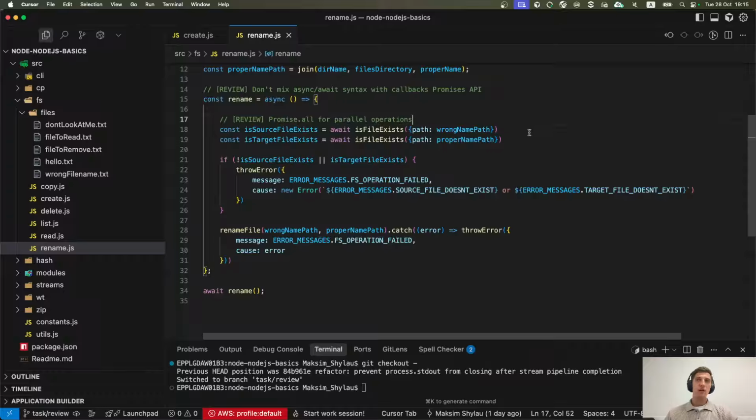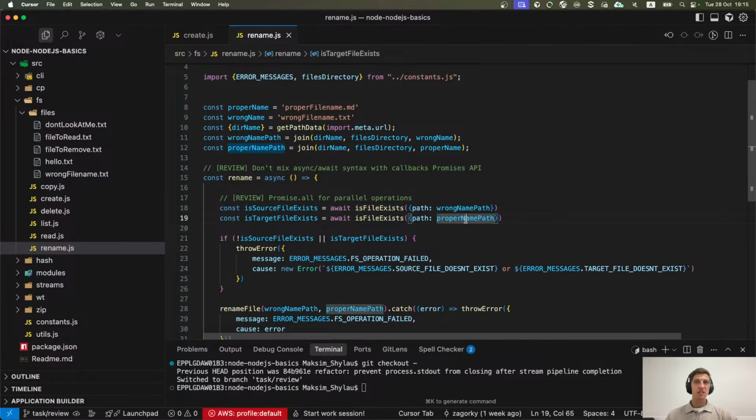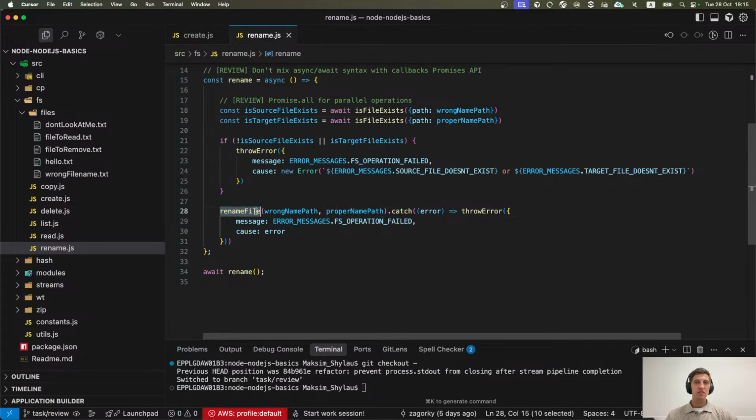So I assume that if the source doesn't exist, you can double check in the Node.js documentation, but I assume that an error is thrown automatically, and you don't need two API calls. About the exists check for the destination, to be honest, I'm not sure that rename doesn't create the file automatically, and you can do it using the Node.js API.